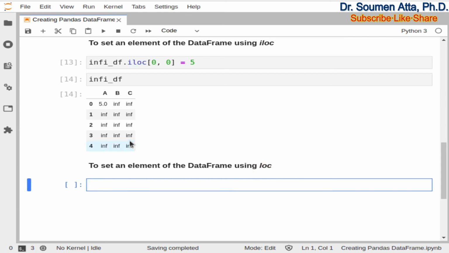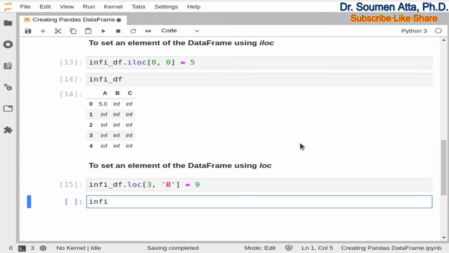Suppose you want to change this value to 9 and it has the row index value 3 and the column name is B. So you need to write down infidf dot loc, and within the square brackets you need to mention the row index value, that is 3, and then the column name, that is B, and then you need to mention the value that you want to set there, and here the value is 9.